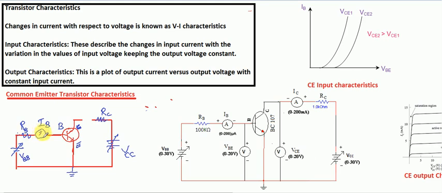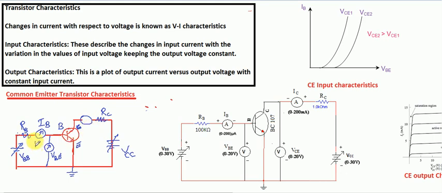This is an ammeter. And there must be a voltmeter. We know that a voltmeter is always connected in parallel to the circuit. So we connected a voltmeter that measures VBE. The voltage across base and emitter is measured by the voltmeter VBE. Now in the output circuit, there must be another ammeter that measures milliamperes.